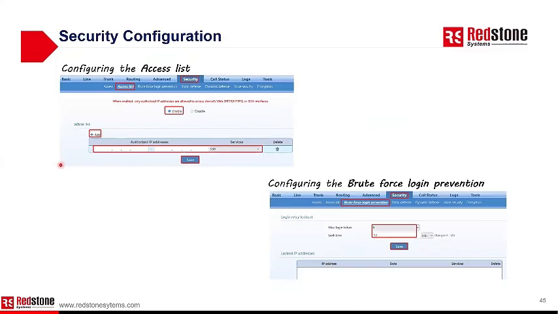Yeah. So here is more on the security configuration of the RGW. If you want to configure the access list, it means you only want to specify the sources that are allowed to access the device web GUI. So you can simply enable the whitelist function, then click add, fill in the IP address and select the type of the address, then click save. I think you can add the whitelist up to 20 entries here. And yeah, for the brute force login